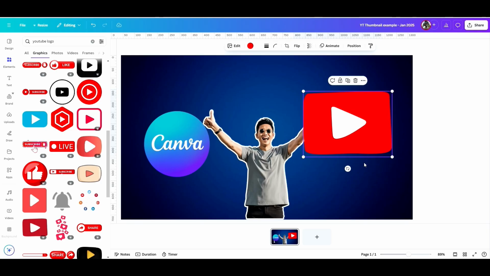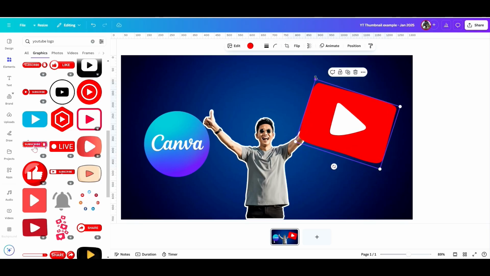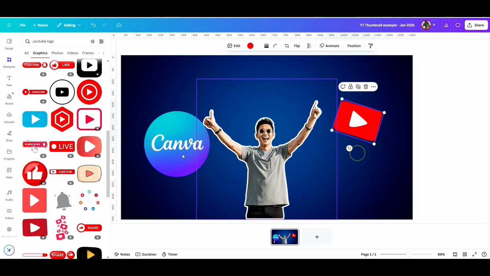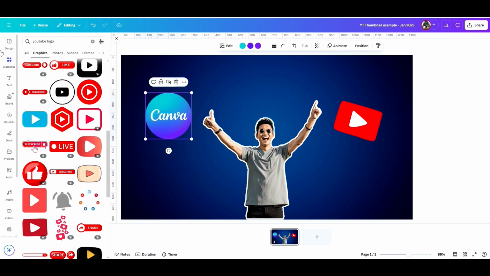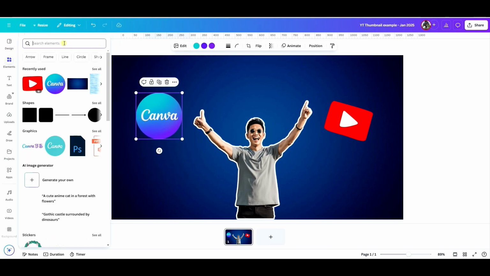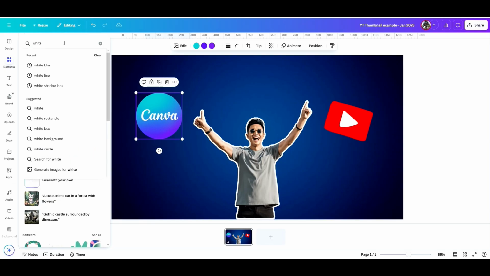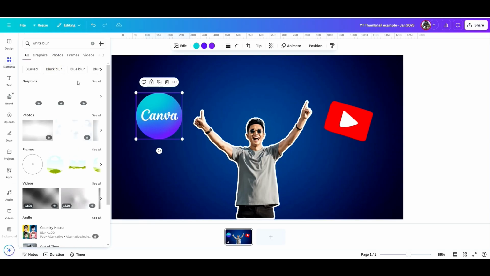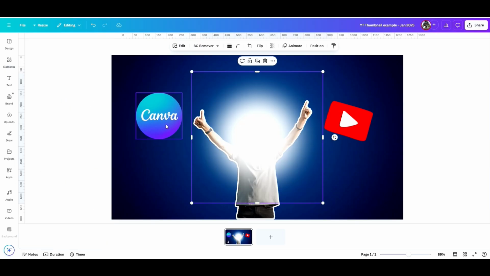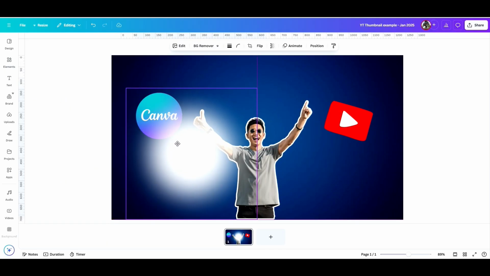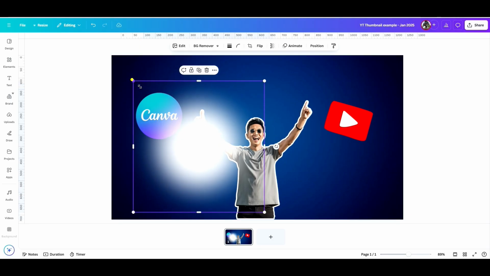And so what I'm going to do is just resize these down. I want to make these logos stand out as well. I want to make sure they're also a good size. In elements, I'll put maybe white blur. Let's see if that works out well. So it might be hard to see, but these are white blurs over here. I want something circular maybe. Yeah, perfect. So this is a white blur. Size it down,